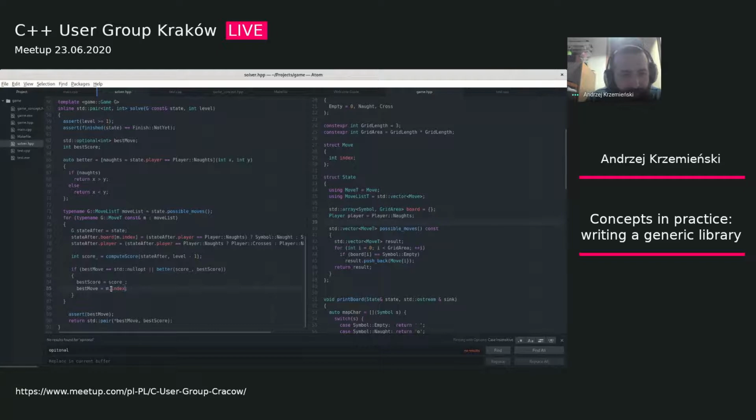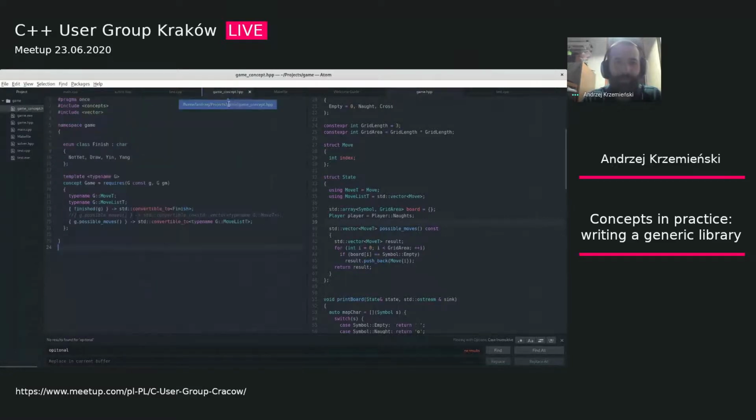Actually, here we can turn everything into move. We don't have to return index from the game, but we can return a move. We'll do it. But here we can state in a more abstract term that we want to apply the move M to the state of the game. So this will be another part of our concept,